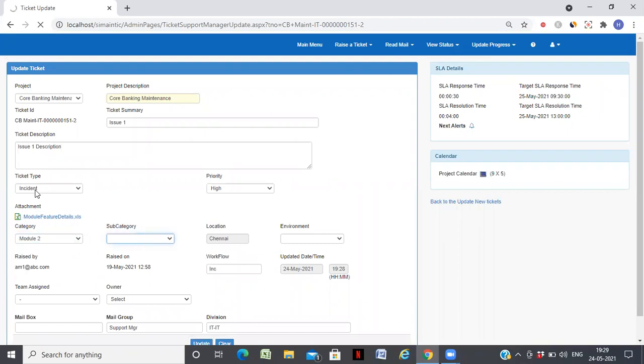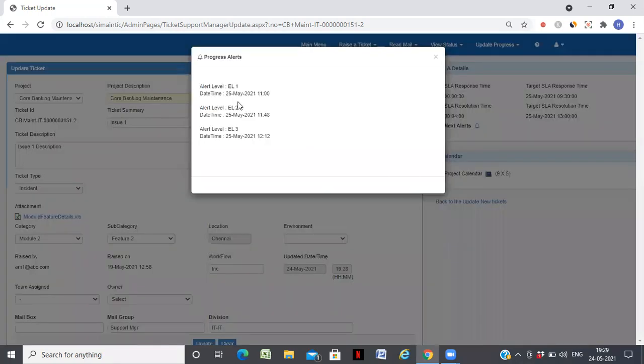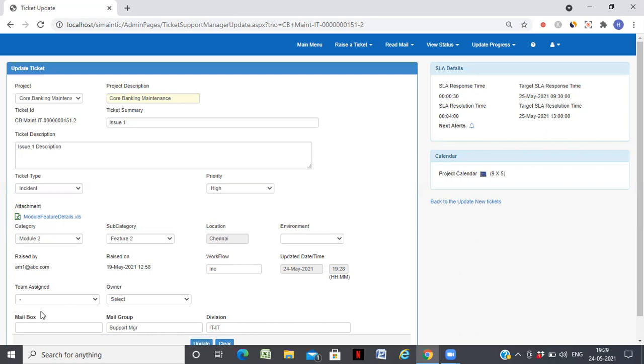But once I put this as an incident, you can see here that response time is as per the SLA, 30 minutes, and 4 hours is the resolution time. So the system has given the target based on the applied calendar. This is a 9/5 calendar, so tomorrow at 9:30 it has to be responded, and this one by 1 o'clock it has to be resolved. This also shows the next alerts when due as per the SLA, which is the escalation level that has been configured. Then I can also assign it to team A, and say for example dev 1.